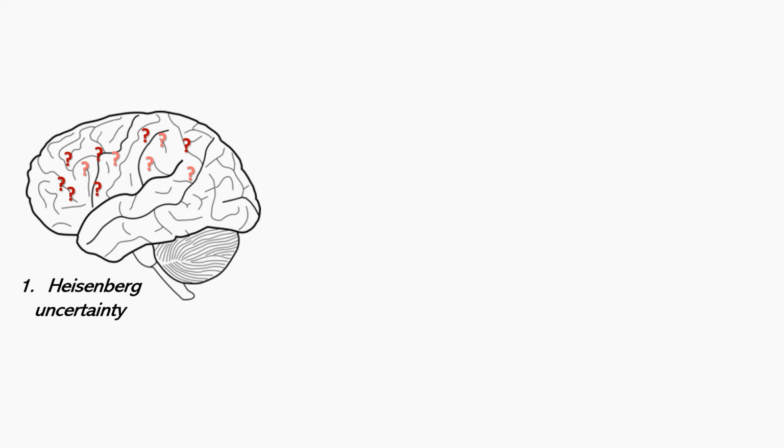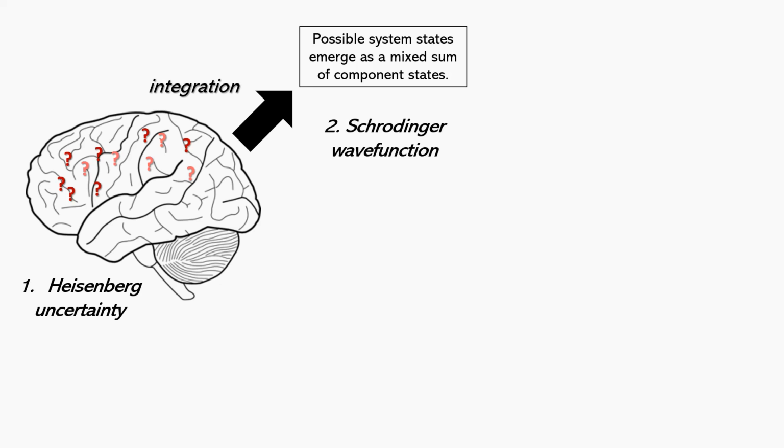So now we can summarize the cyclical process in terms of quantum mechanics. First, we generate a set of possible system states, with the state of each neuron in the network being a mixed sum of component pure states, and the intrinsic uncertainty or Heisenberg uncertainty of an electron will populate that probability density. So these states are integrated together to form a cohesive information set. The probability amplitudes for all possible scalar values of distance and time and energy state will be described by a time-dependent Schrödinger wave function. And the information held by the system is really the geometry of these combined interdependent wave